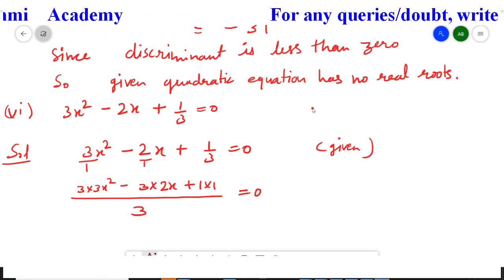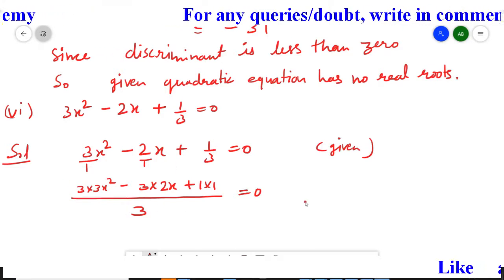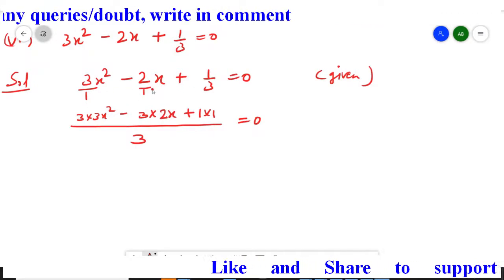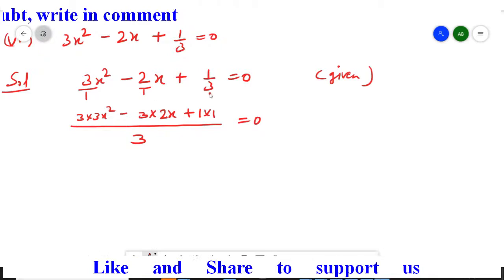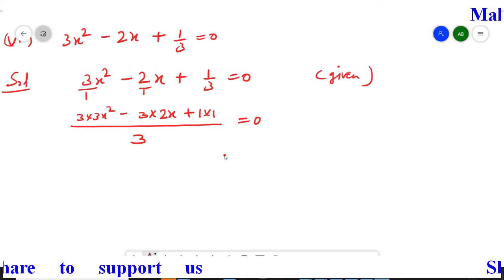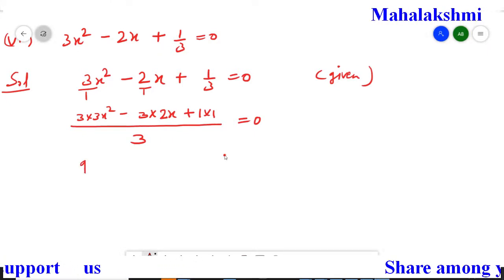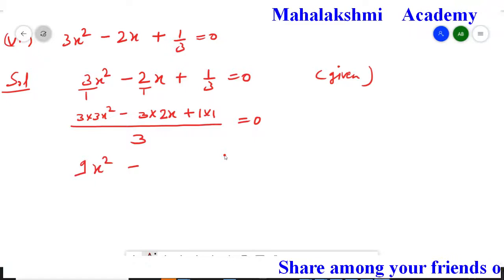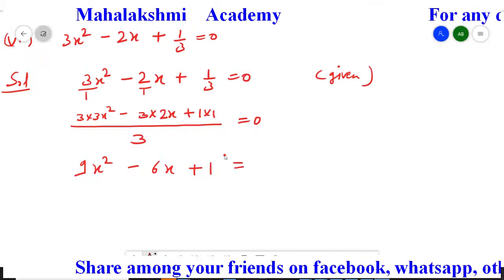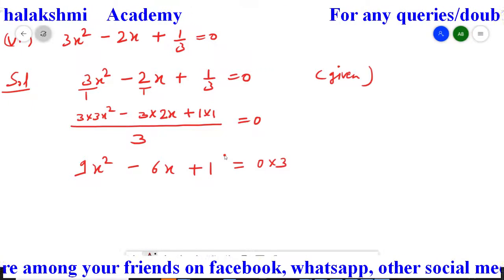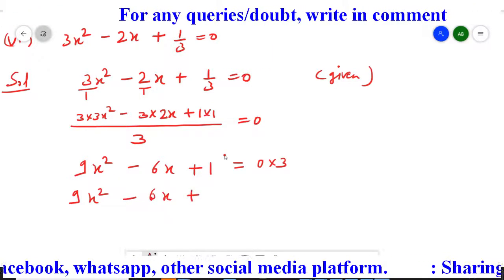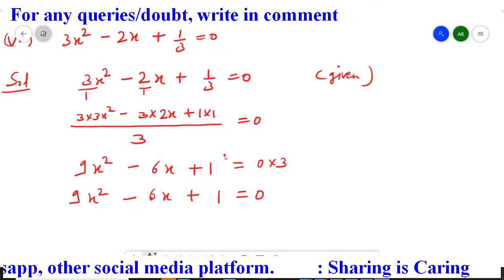So this is simply an LCM process, which you already knew. You all did it in your earlier classes. I took the LCM of the denominators. Initially denominators were not there, so I put 1 below. The LCM of 3, 1, 1 is 3, and then I obtained it like this. Now when we simplify it, we get 9x squared minus 6x plus 1 is equal to 0. The 3 shifts to the other side, it was in divide so it goes in multiply, and we get 9x squared minus 6x plus 1 equal to 0. So it is in the standard form.